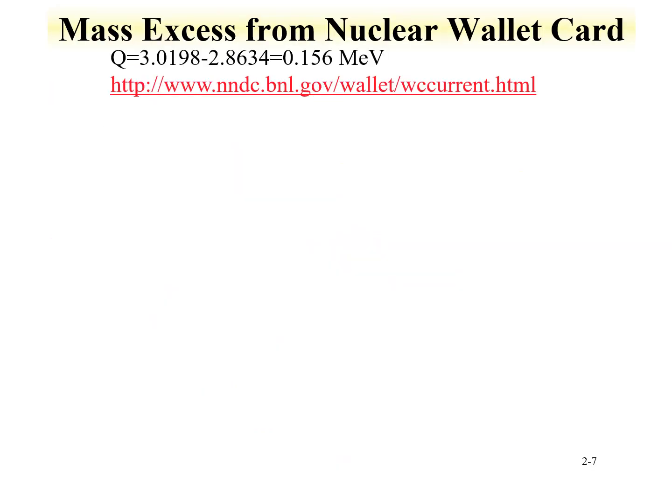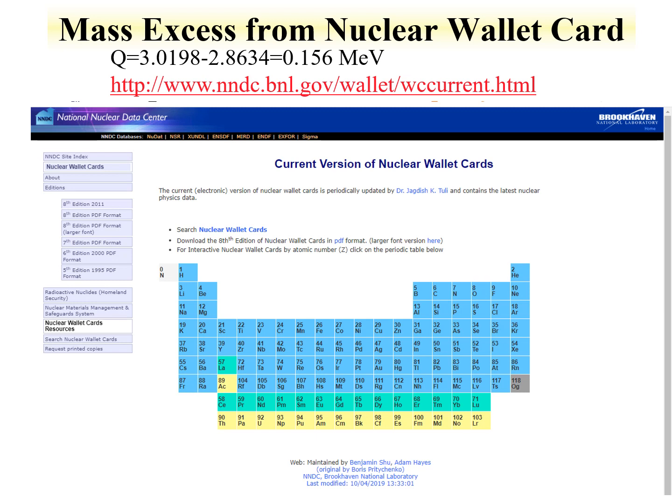On the previous slide, we saw that the Q value for the decay of carbon-14 is 0.156 MeV. I also told you that you could get the mass excess data for the isotopes involved, so carbon-14 and nitrogen-14, from the nuclear wallet cards, and the website for the nuclear wallet cards is listed here. So I'll show you what that would look like if you were to go to this website and click on it. You would find a periodic table that would pull up, find carbon and nitrogen as they are shown here,